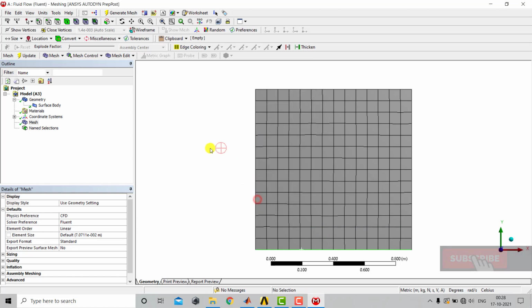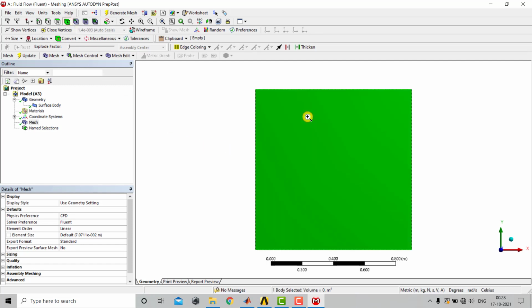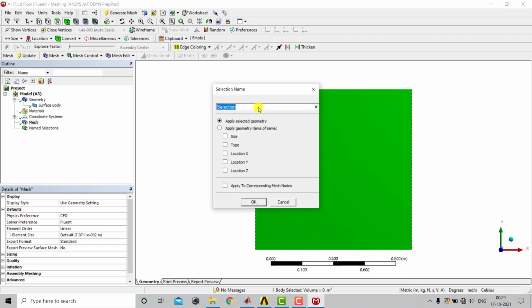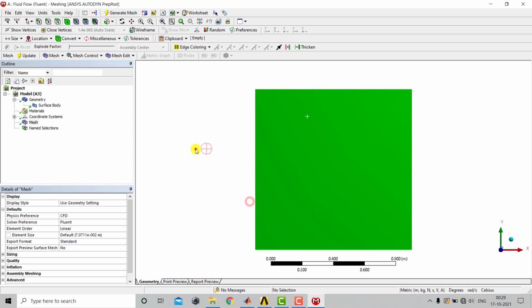And OK. After creating names for all four sides, we'll give a name to the central portion, or the entire body. For that we'll select this body, right click, select Create Named Selection, and name it entire domain, or let us say 2D body, and OK.